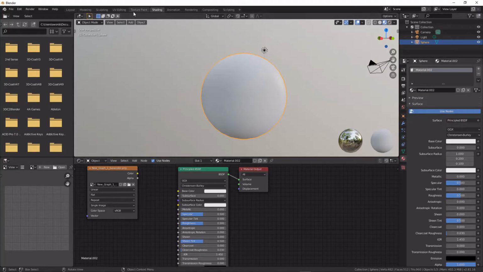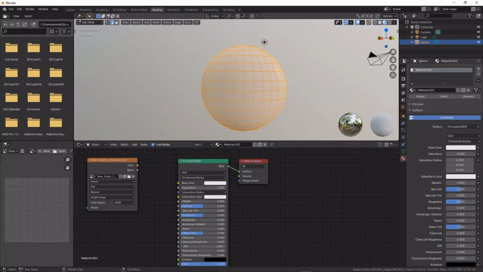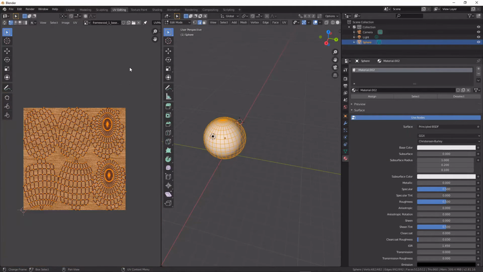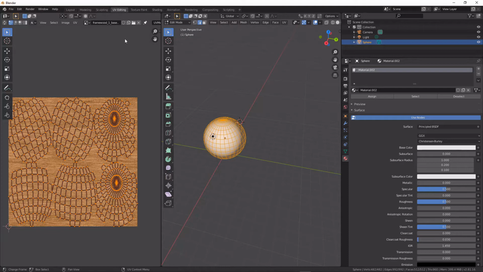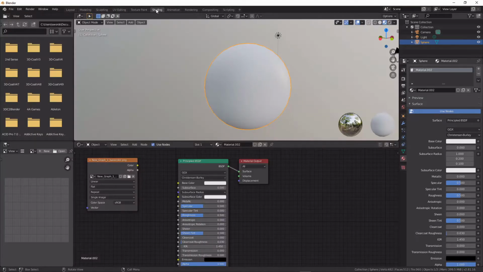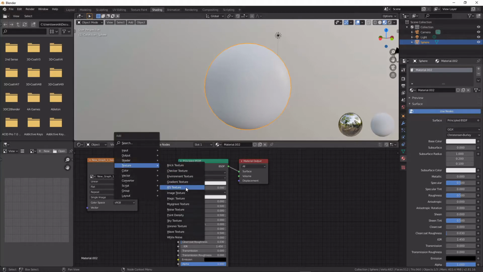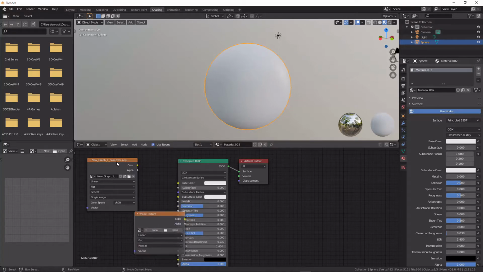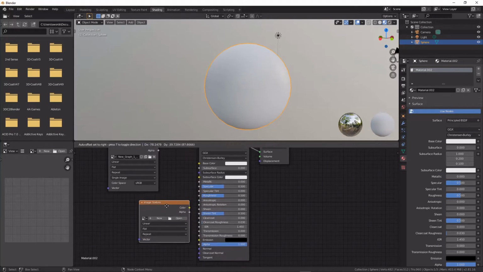This next tutorial is about how to set up a PBR material in Blender. You can see that I have just clicked over to the shading tab up here, and if we tab into here, if we hit over to our UV editing, we can see that we have our object unwrapped. So what we're going to do is hit Shift A to add in an image texture, and then